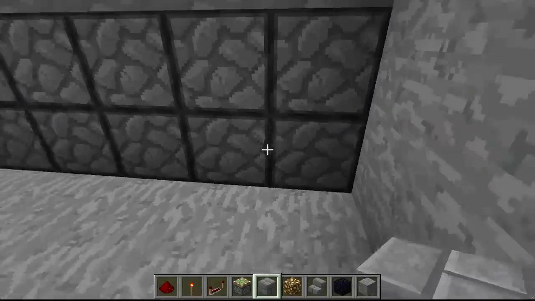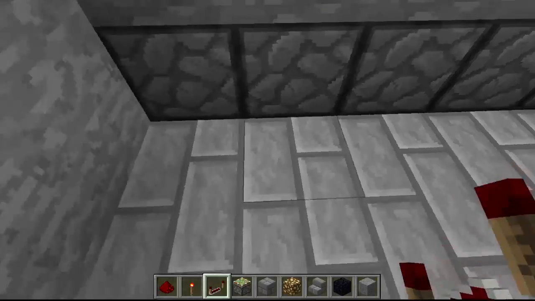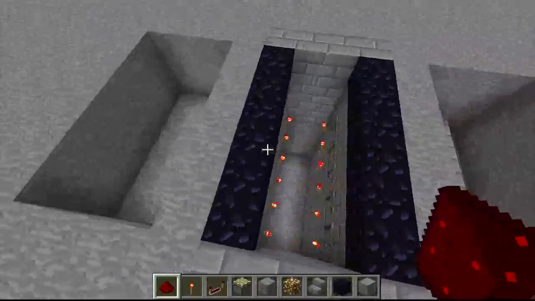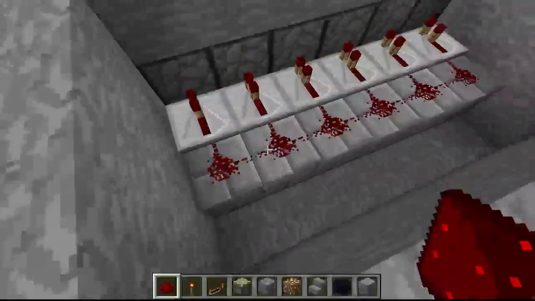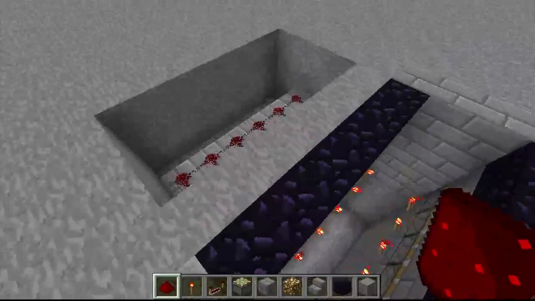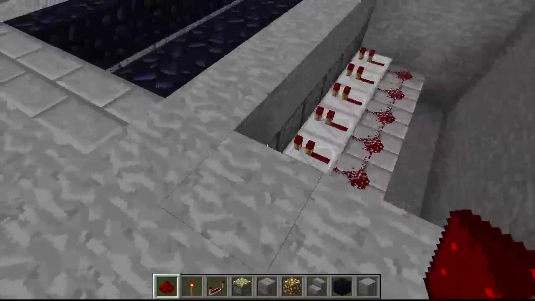So now, what you want to do is, on both sides, do this. And remember, on both sides, this happens. So just do that. So just put a bunch of repeaters down and wire them up. Do that on both sides. Alrighty then, so now that's done, we can basically move on. So now what's going to happen is that when this is powered, this is going to be pushed out and up. So the way that we control...